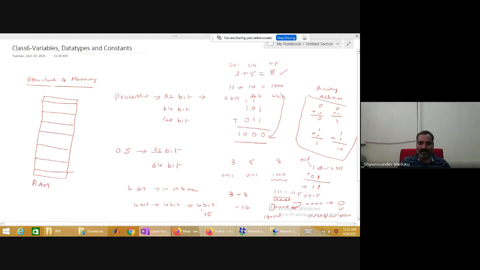But generally, when you have a lower bit processor and your results are expected to have more bits than the size of the processor, we consider one clock cycle. I think in the last class I mentioned the clock cycle indicates the smallest time duration in which the computer can perform a job at a time. Yes or no? Yes, sir. So whenever you have a 4-bit processor and your expected result is more than 4-bit, then what it will do is something like this.